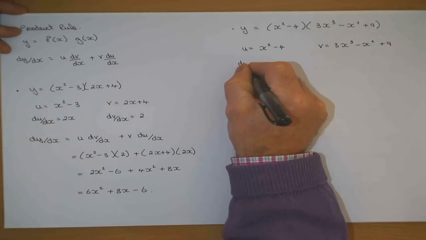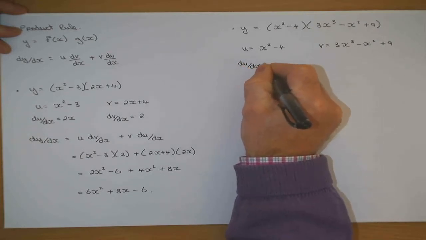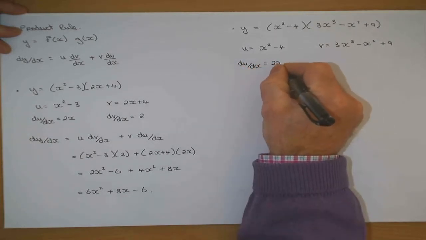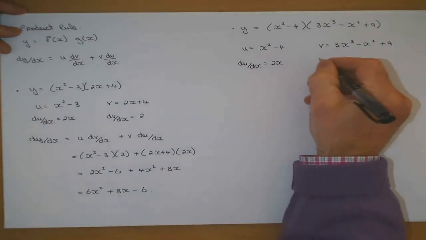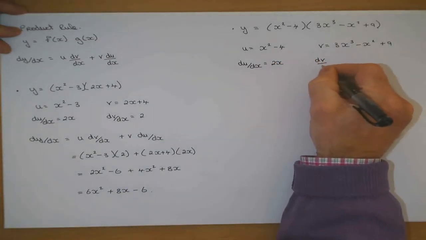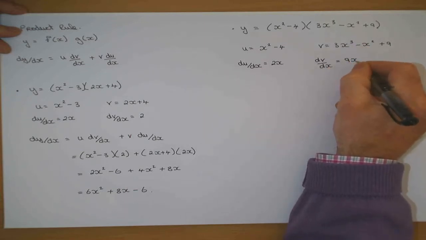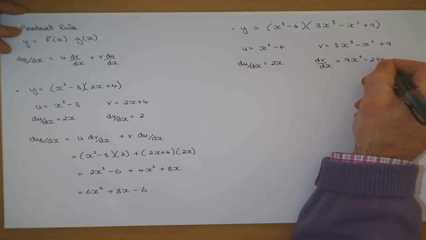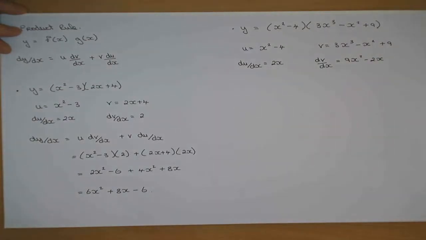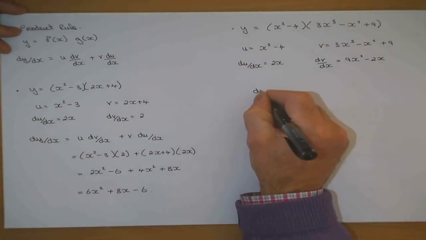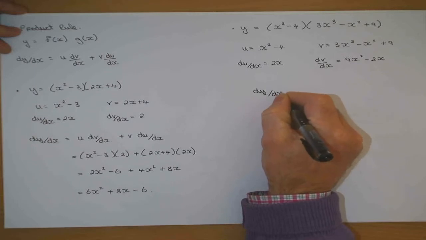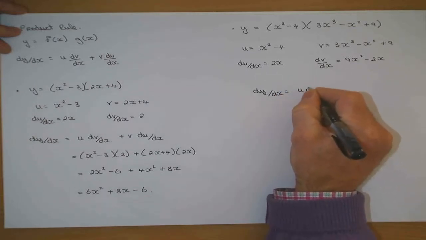From that, you can work out du/dx. Differentiate x squared, 2x, and 4, 0. And from this, you can get dv/dx is equal to 3 3s are 9x squared minus 2x, and the 9 becomes 0. And then dy/dx is equal to u dv/dx